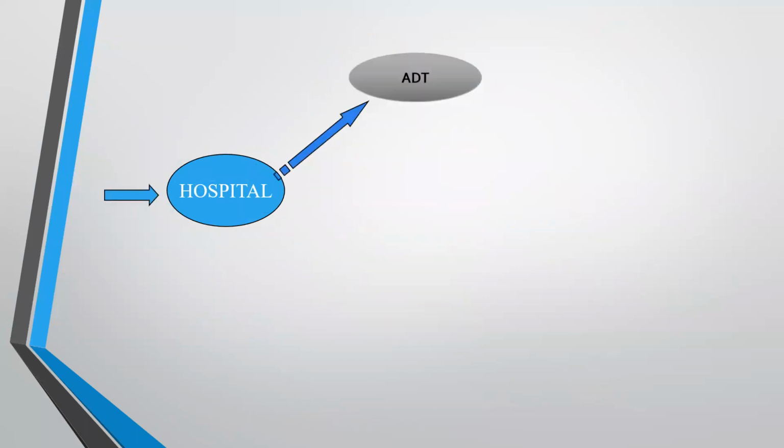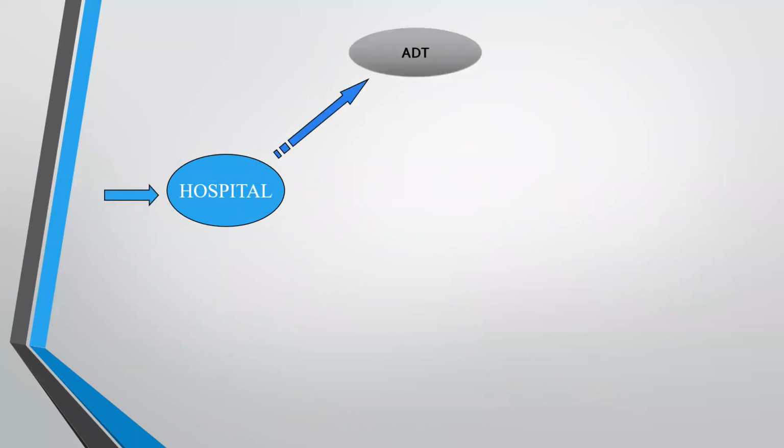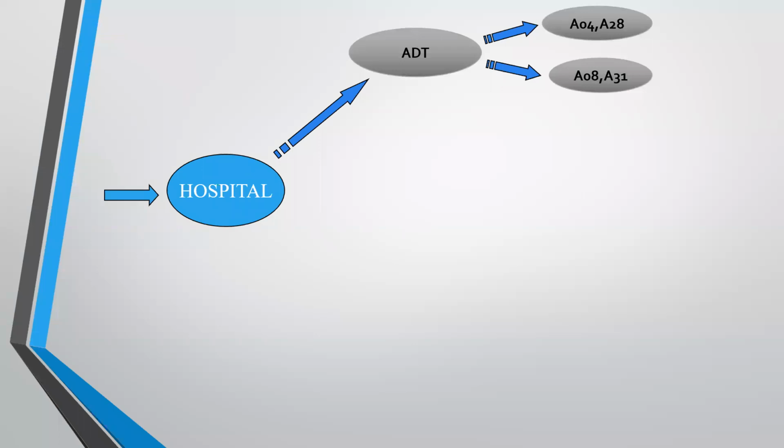So every event has its own type, which we call event type. So ADT is the message code, and A04 or A28, these are two events that will represent registration of a patient. Okay, then you have ADT A08, ADT A31. Any one of them will represent update of existing patient information in the EHR system. So what do we understand from this? When we look at an HL7 message,